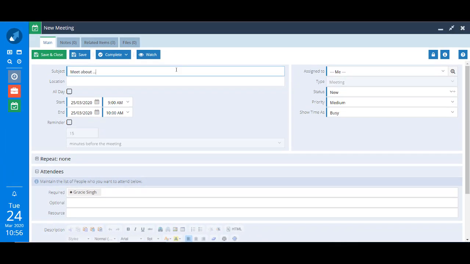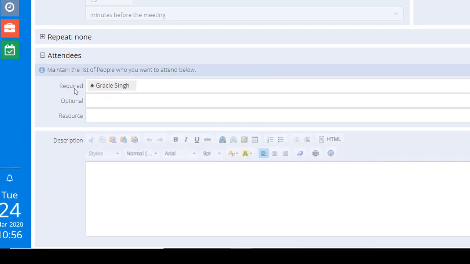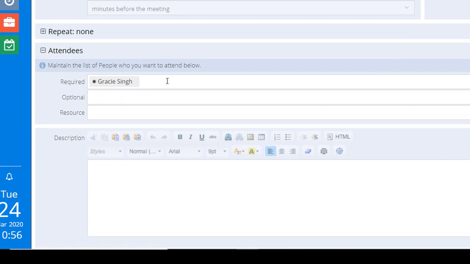Now, I haven't shown you a meeting record before, but it's very similar to the phone call ones. The subject field is mandatory, and you've got start and end dates, just like you would in Outlook, for example, if you were creating a meeting there. Down here we've got required and optional fields. Whoever you put in here, so let me maybe